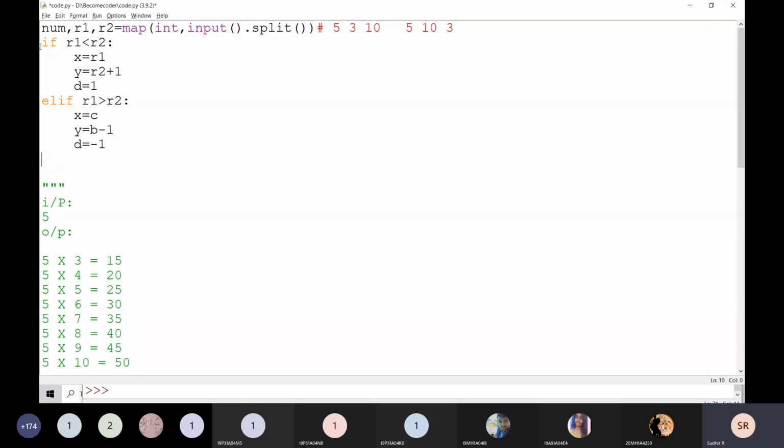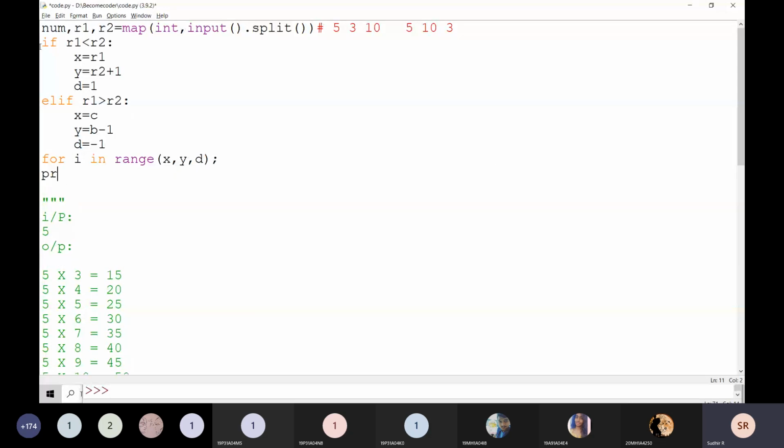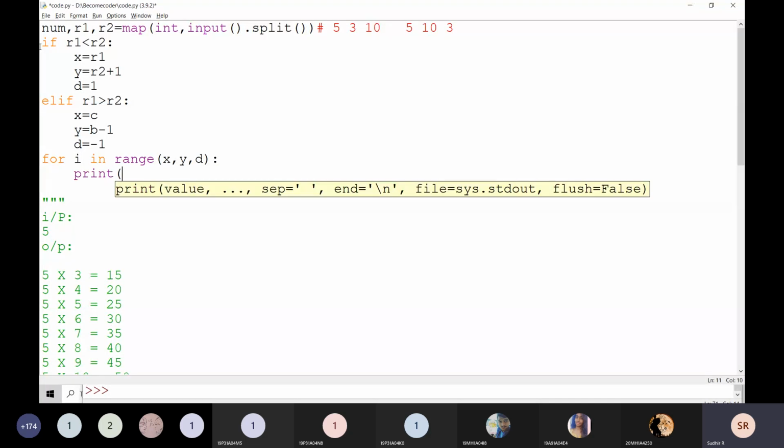And you are going to write here some for loop: for i in range of x comma y comma d, going to print num comma i comma num into i, for example.